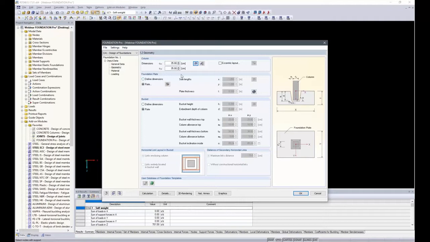We have predefined starting measurements of the plate. Depending on the loading and the foundation type, the size is increased iteratively until all the geotechnical proofs are met. The starting size is 1.05 by 1.05 with a thickness of 20 centimeters, and I can adjust that. So I go to edit the design parameters for the foundation plate,